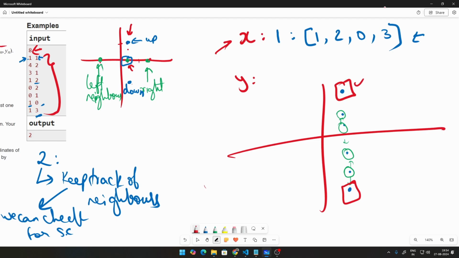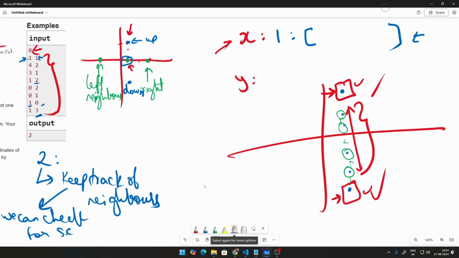In this particular case, there is no up neighbor. In this particular case, there is no down neighbor. So if I'm able to keep track of this point and this point, then I can say any point that lies in between these two ranges is guaranteed to have an up and down neighbor, because this is the down neighbor, this will be the up neighbor for those points. So what I'm saying is, instead of keeping all of these points here, I will keep track of 2 points alone. I'll keep track of the minimum point and the maximum point,